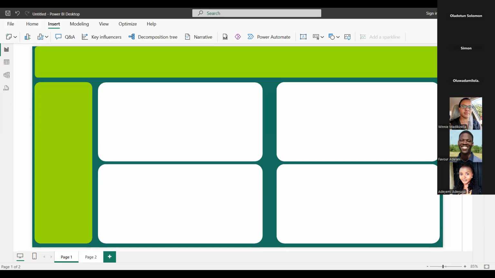Oh, okay. So now I was saying that all these objects are still alive. These shapes that we decided to use for our background will be movable. They will still be editable. And all we need this to be is a background, nothing more than a background. So we are going to take a screenshot, like we want to snip this, and we will insert it as an image. I'll show you the process.